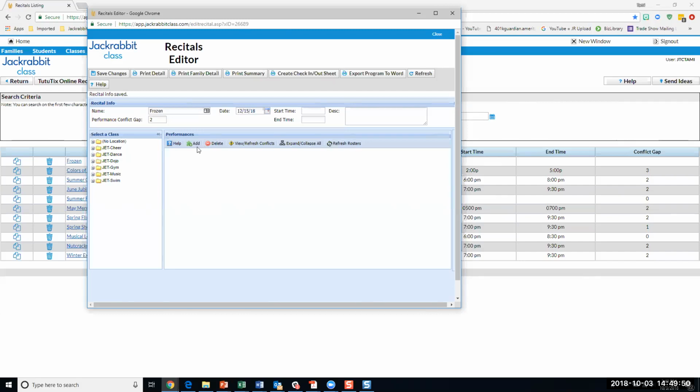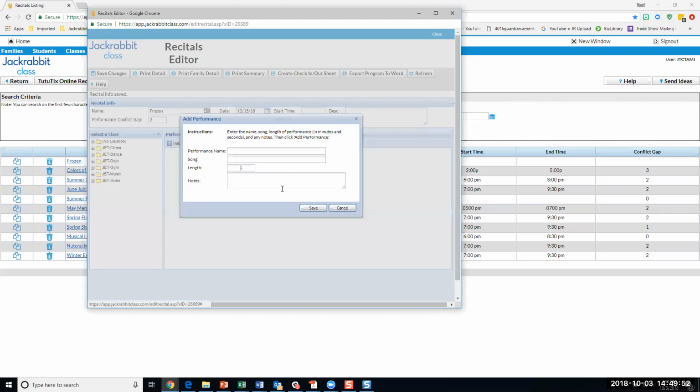All right, so I'm going to go ahead and click add, and we're going to start adding some performances. And y'all are just going to have to bear with me for a minute, because I want to show you how to do this from scratch, but I also want to show you how quickly it can be. So y'all just have to deal with my slow typing for a minute. So we're going to do